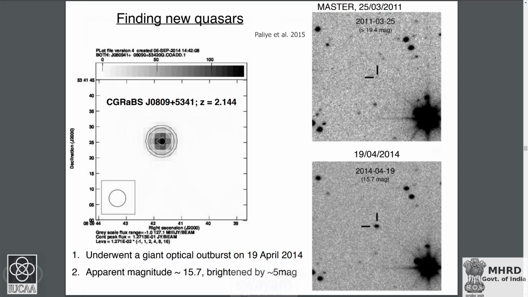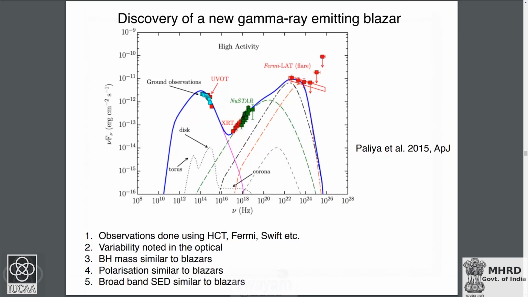What is shown on the left is the radio contour taken from a radio map at 1.4 gigahertz, which clearly shows that this source is detected in the radio band also. Soon after this, we also did some observations in the X-ray band using the Swift optical X-ray telescope. We also did some observations using the NuSTAR. It is a hard X-ray telescope launched in 2012, and using all these observations we plotted what is called the